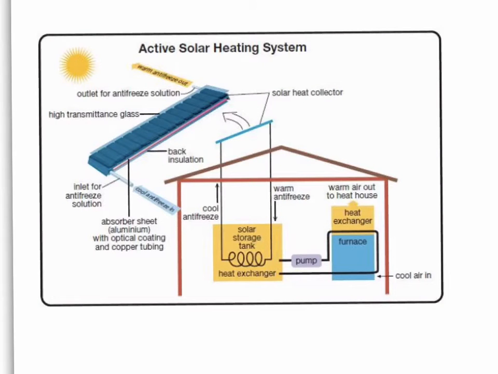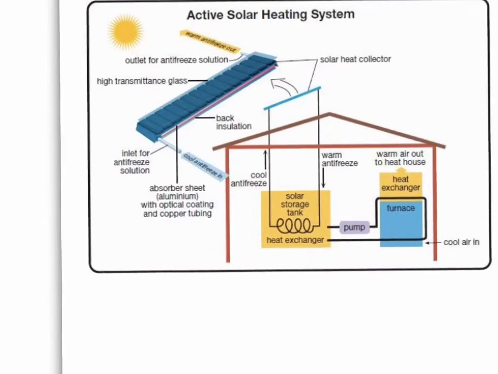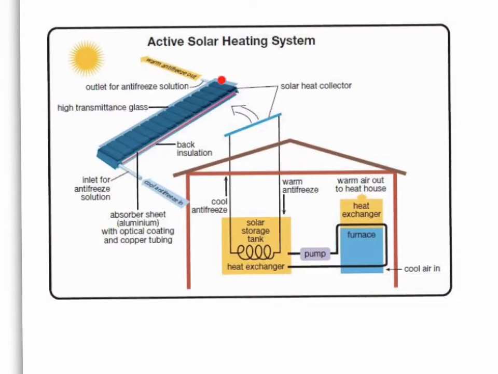Now this is where it gets kind of interesting. You might have the collectors on the roof, which you can see right here. So they heat up, they get the sun's light, they heat up, and then the warm energy gets pushed down, the cooler gets replaced and comes up, heats up, and then that fluid that's typically an antifreeze gets moved into